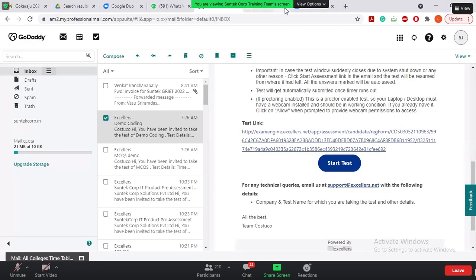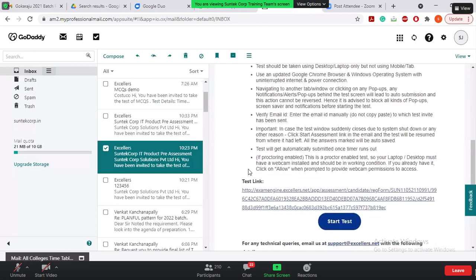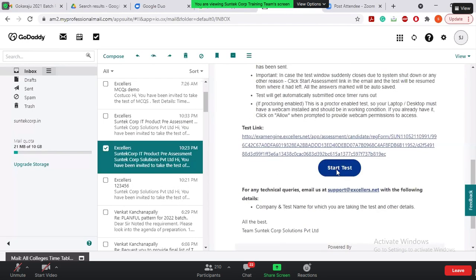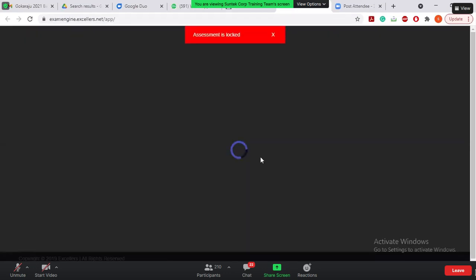So guys, it looks like there's some problem in the demo link, so I'll show you the main link itself. I'm showing you the pre-assessment part. This is the MCQs part. As I click on start test, this also shows that the assessment is logged. One second. Try contacting Sridhar.